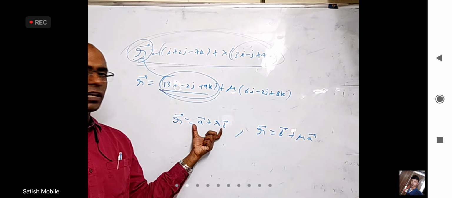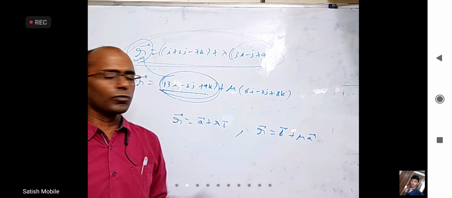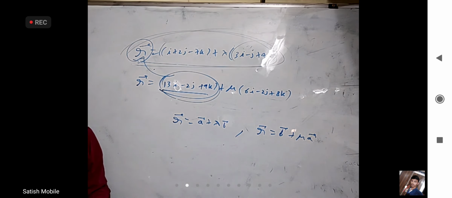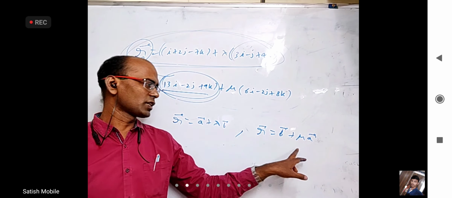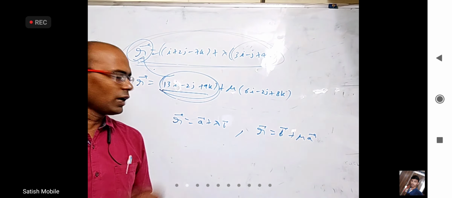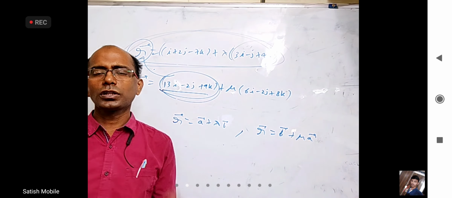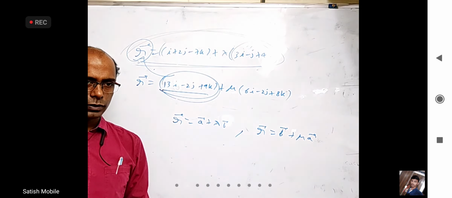This is the position vector of any point on the first line. This is the position vector of any point on the second line. And if you equate them, what will come? Yeah, when you equate a bar coefficient, you will get lambda equal to 1. When you equate b bar coefficient, you will get mu equal to 1. And when you put them back, a plus b. So the position vector of the point where these are intersecting is a bar plus b bar. That is one way to write.